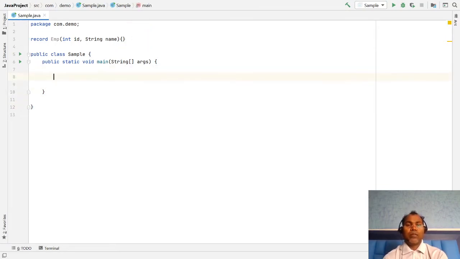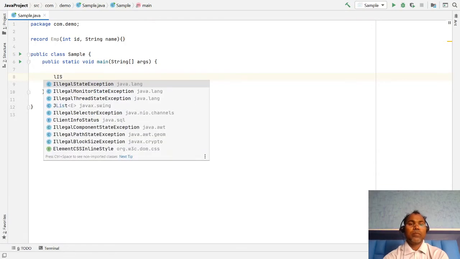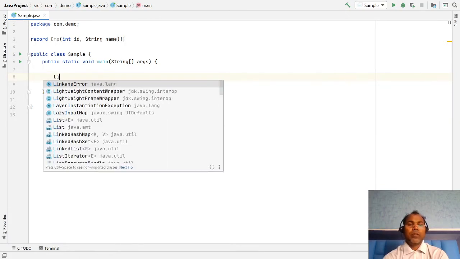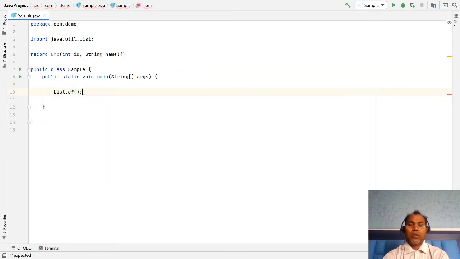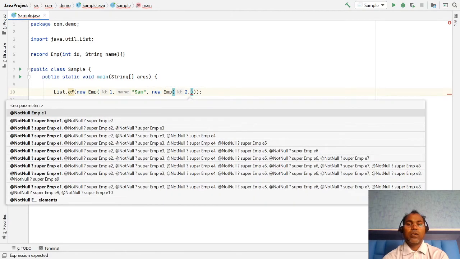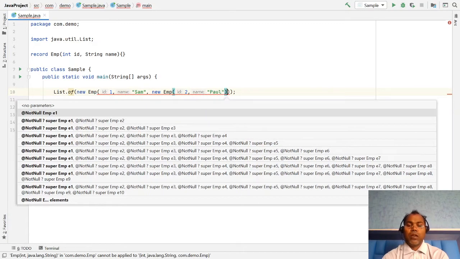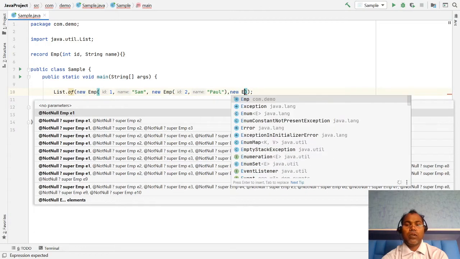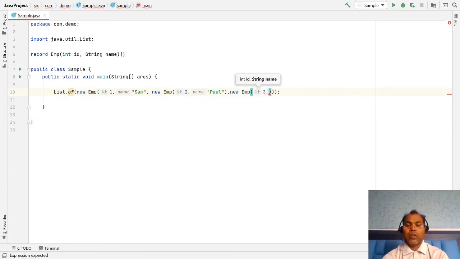So we have a list of employees. New Employee with ID 1, name the same, Employee 2 with the name Paul, Employee 3 with the name Sam, Paul, Sarah.